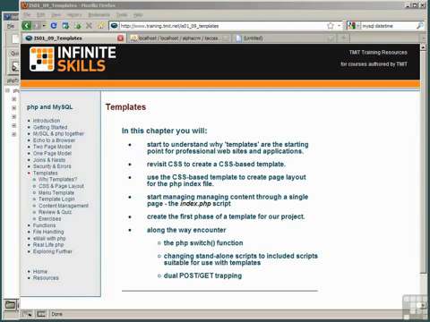Along the way, we'll encounter some new PHP functions. We'll look at better ways of using include scripts, and we'll look at a better way of trapping post and